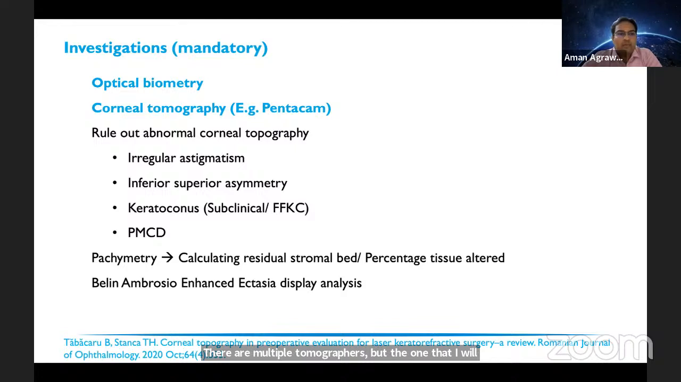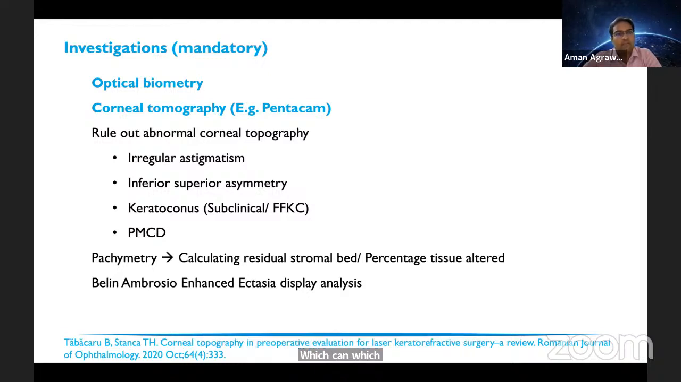So corneal tomographers can help us to rule out an abnormal corneal topography, particularly irregular astigmatism or an inferior superior asymmetry, or keratoconus, particularly the subclinical keratoconus and forme fruste keratoconus. Tomographers also give us pachymetry, which is helpful in calculating the residual stromal bed, as well as the percentage tissue altered, which I'll be dealing with next. Then the Belin-Ambrosio Enhanced Ectasia display is a particularly important tool in Pentacam,